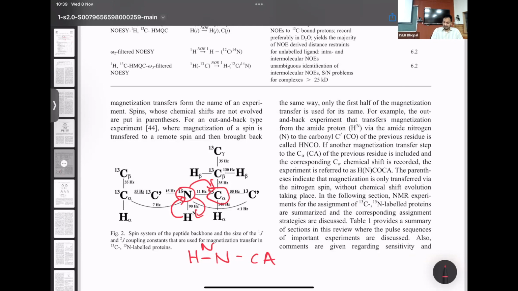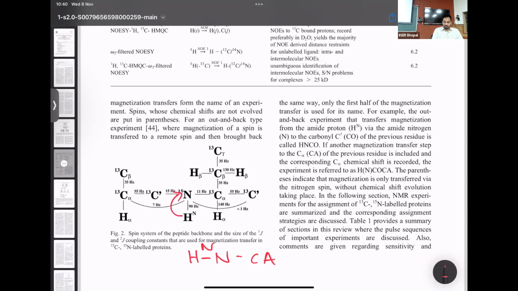For instance, you could do it in a way where you go from proton to nitrogen, get the frequency label of nitrogen first, then transfer to carbon, get the frequency label of carbon next, transfer back to nitrogen, transfer to proton to get the frequency label of proton. Did whatever I said make sense? You can transfer and get the chemical shift, or transfer and then get chemical shifts back and forth to get it done. The alternate way would be